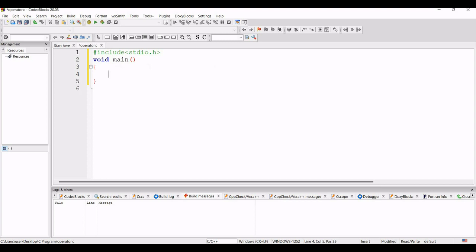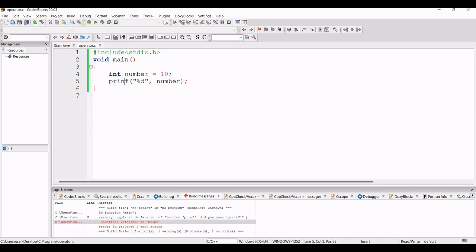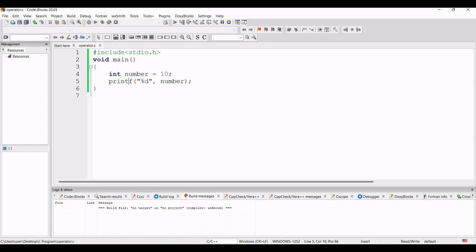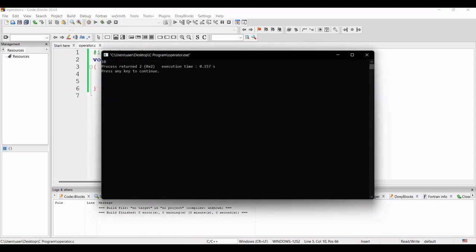Here suppose I want to create one variable. To create a variable I have to declare the data type of that variable. I want to create an integer type variable, so I write int, and then the variable name, suppose number. I am keeping 10 inside that variable. If we want to print the value of this number variable, we write printf with %d and then number, and at the end a semicolon. If we compile it, oh sorry, there is a mistake, it should be printf. Now compile it again and run it. Now you can see that 10 is printed there.